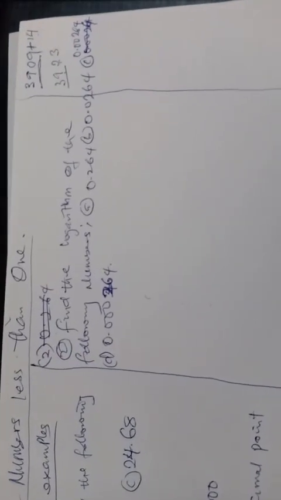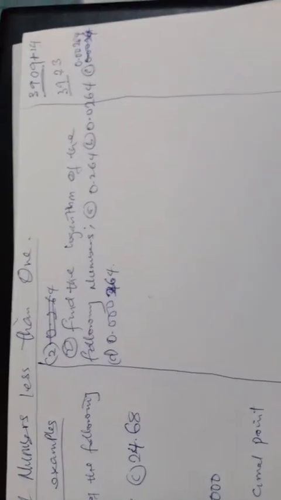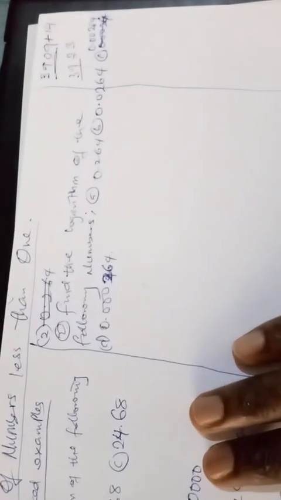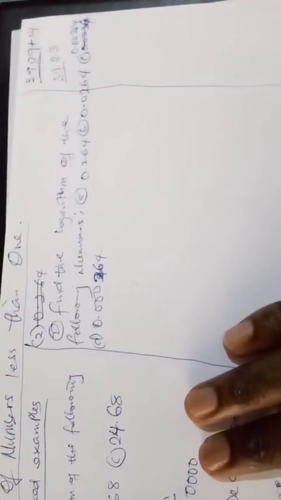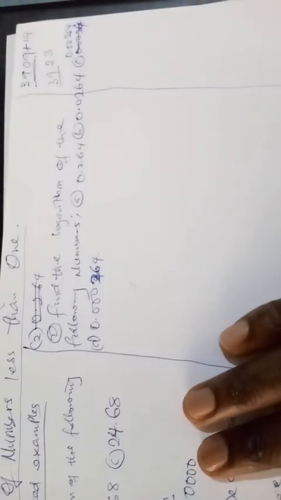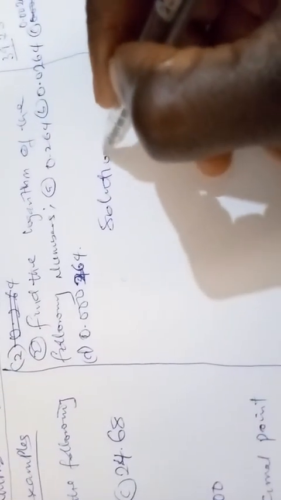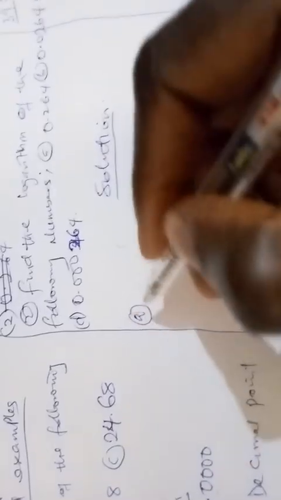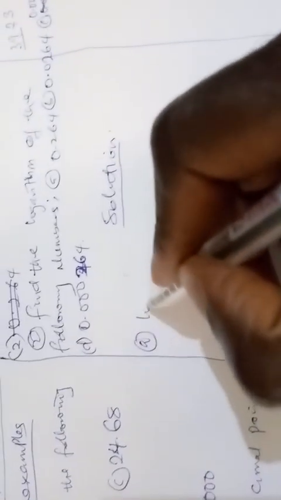Now let's quickly look at example 2. I said when you look at example 1, they are non-zero digits. Solving non-zero digits is one approach, and solving zero digits is another approach. So let's quickly see how to solve this zero digit logarithm. Okay, so number A is what? The logarithm of